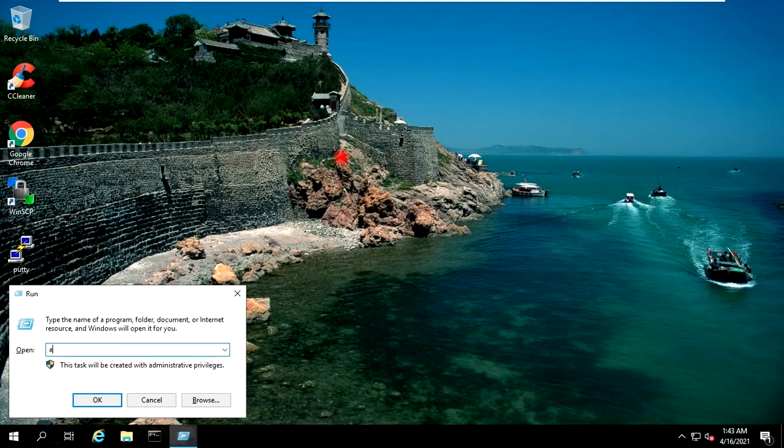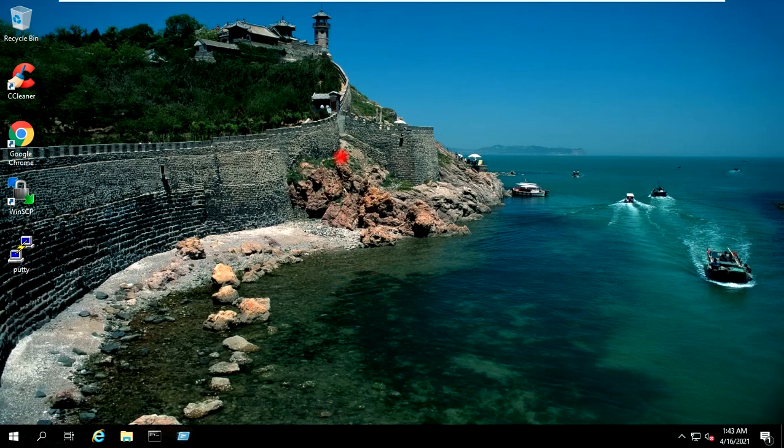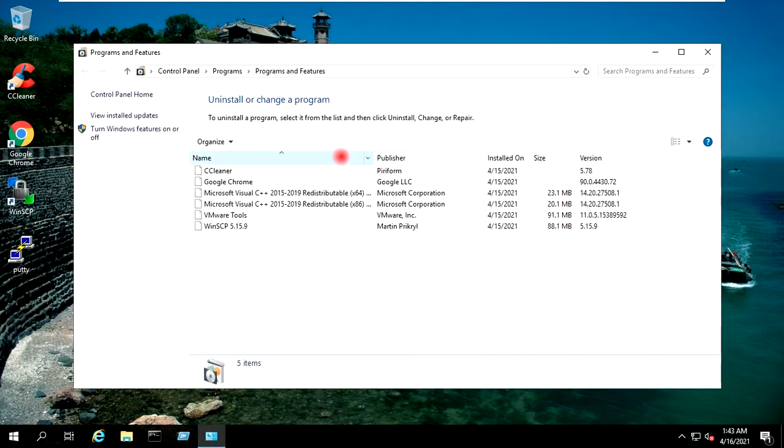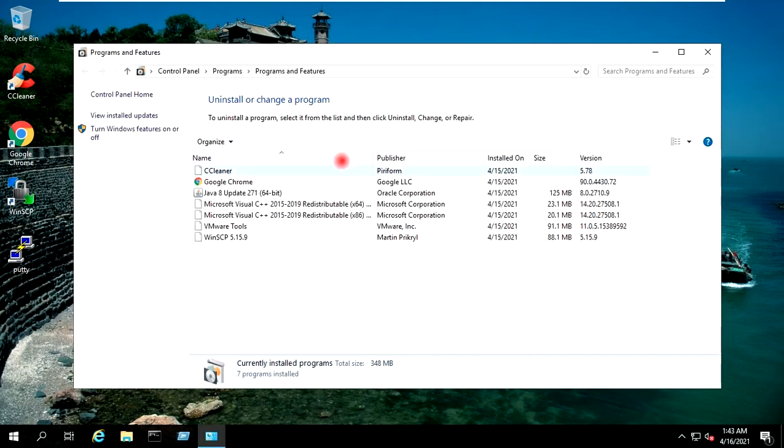I will go to run appwiz.cpl. These are all the pre-installed software which we got from the previous system through the ISO.